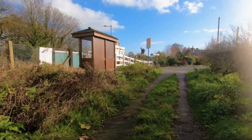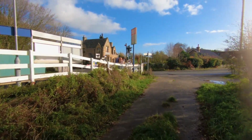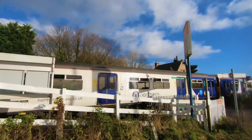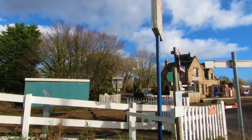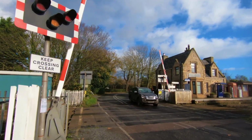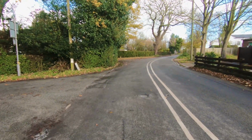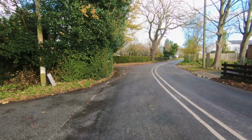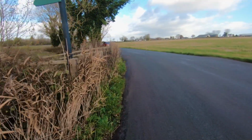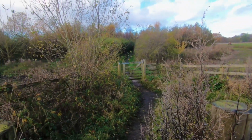As we head towards the station, you may hear the alarm of the barriers coming down. The train heading to Southport goes past. The barriers are lifting up across the train line, and we cross over the train line and carry on following the road. We keep following the road for quite a distance, and then we'll come to a signpost which is signposted Martin Mere. We turn left there,